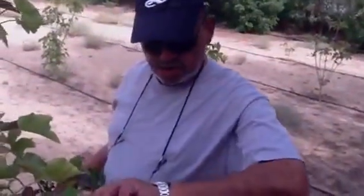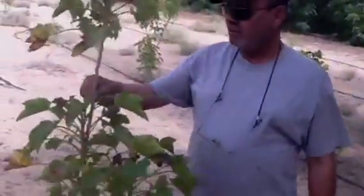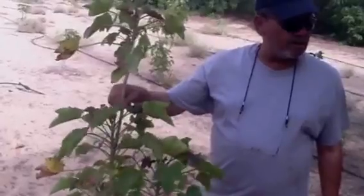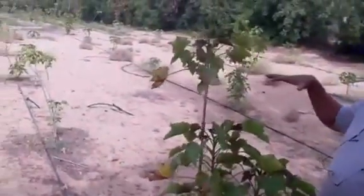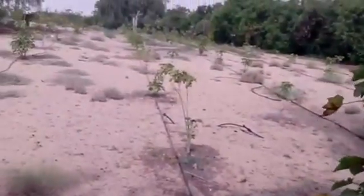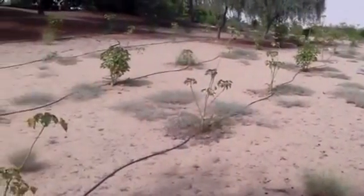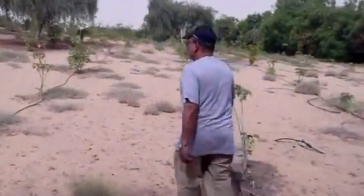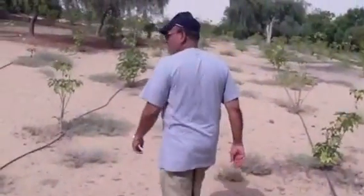Today is June 14th, 2012. Here I am at the Khawneejh Jatropha farm, and these Jatropha trees are growing. See the thickness of the stem, and it is as tall as me. The temperature is now 43 degrees, and this is growing just fine. So here we are doing this experiment to see whether it will be able to withstand the